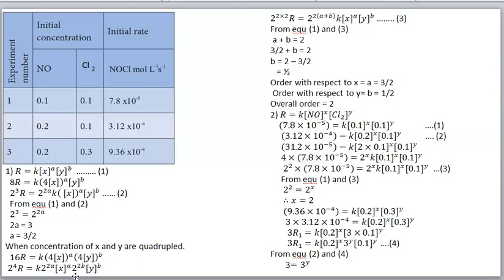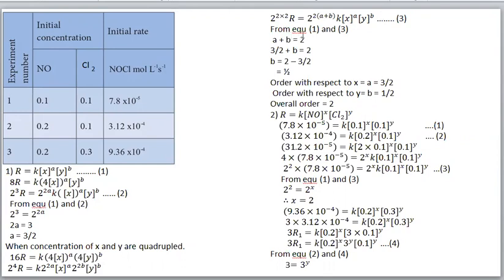That is, here you see 2A, here 2B. Okay, here for both the base is 2 only. So we can write 2 to the power 2A plus 2B, that is 2 into A plus B. Okay, then into K concentration of X to the power A into Y to the power B.